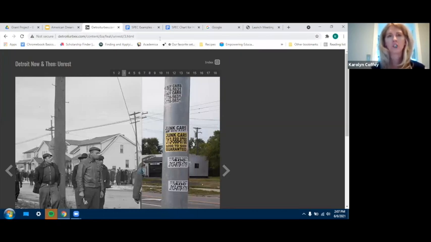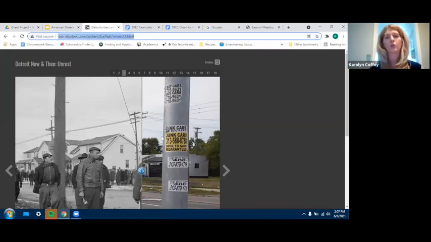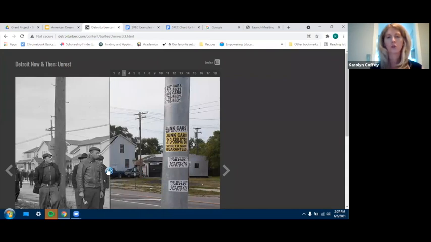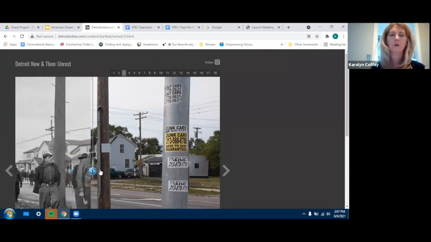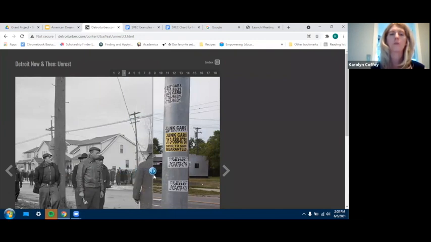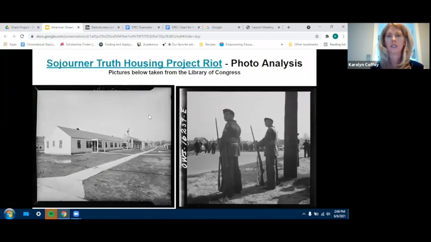There was another suggestion that I had, that they could also create a historical marker. What would be appropriate to put in this spot today if they were given the commission to do so? What would be most appropriate to memorialize what had happened here? Eventually, African Americans were able to move into this area, but again, we had to have the National Guard come in and escort these families into these homes.